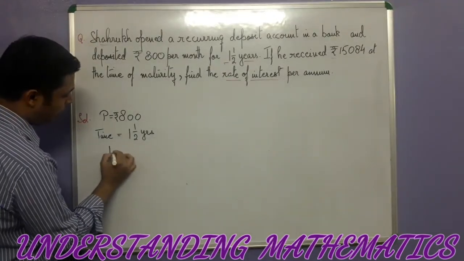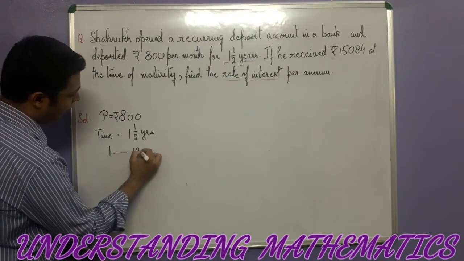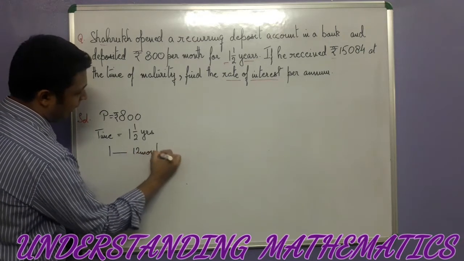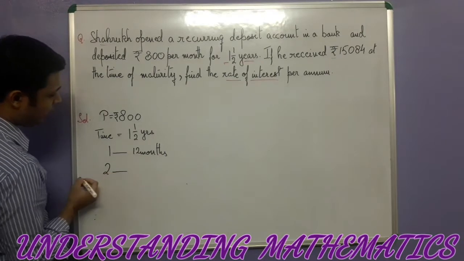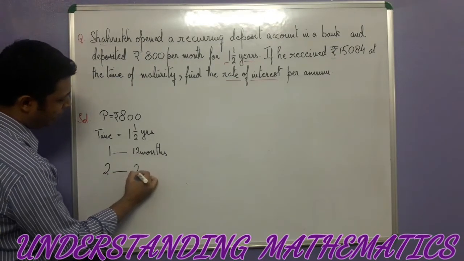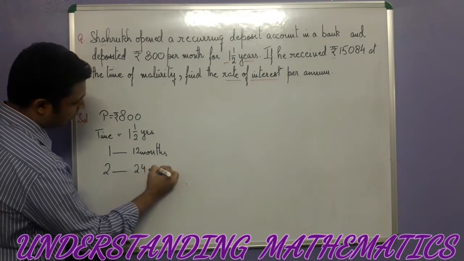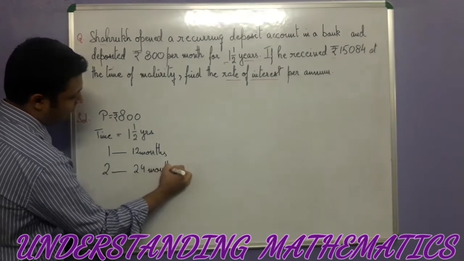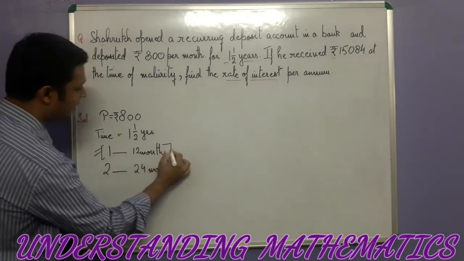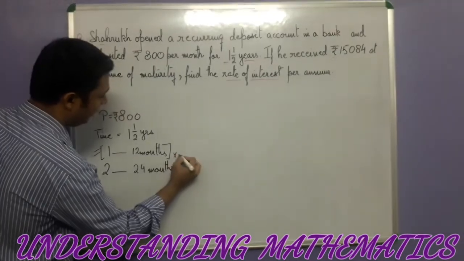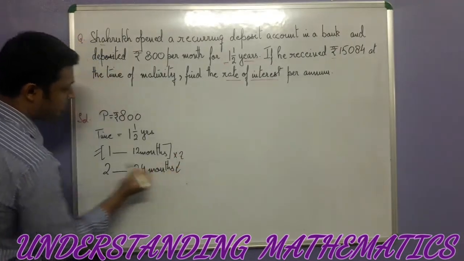You know that for 1 year you have 12 months, isn't it? And then you know that for 2 years what is happening here? You will have 24 months. You can see what is happening here in this first equation. What we have done, we have only multiplied this equation by how much? By 2, and we got this.